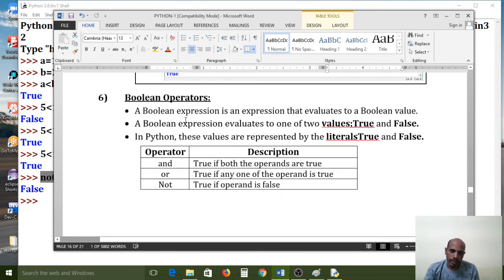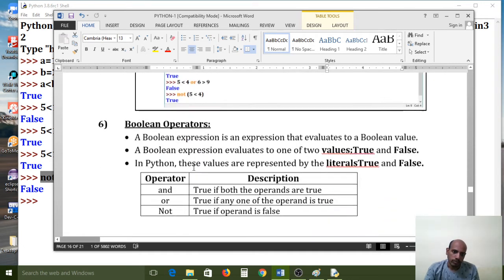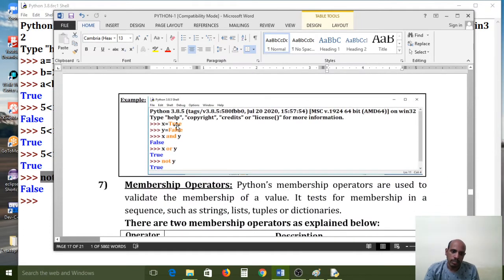Next, Boolean operators. Boolean operators also work similarly to logical operators. Here an example is also given, look at the screen. Same expression, but instead of values I used variables, and instead of storing values, I stored true or false.